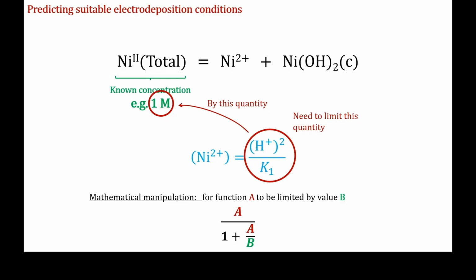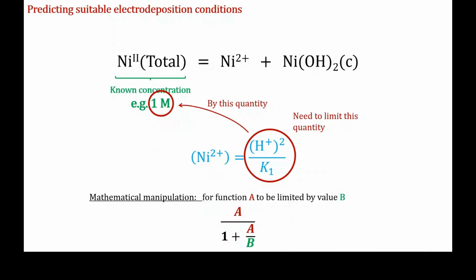concentration, or activity. I use concentration and activity interchangeably here, although Jason Riley would probably be very angry with me for doing that. But for the time being, for simplicity, because I don't want this discussion to go on for hours and hours, I use them interchangeably. So I need to constrain this nickel 2 plus activity or concentration to the amount that I've actually put into